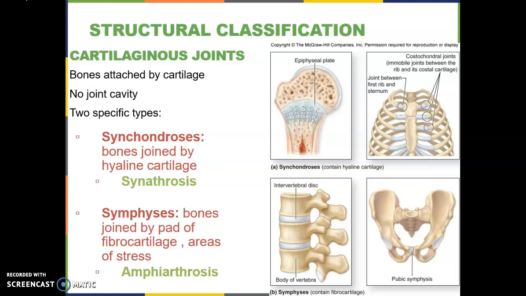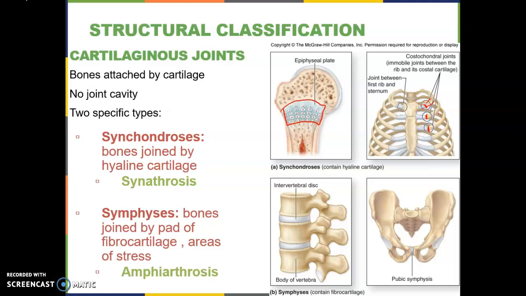Classic example is your growth plate or epiphyseal plate, as we see here. This is hyaline cartilage sandwiched between the diaphysis or the shaft and the epiphysis. So, classic example of synchondrosis. Then we have another example, costochondral joints, which are the joints between the ribs. So these are the ribs and these are the costal cartilages. So this joint right here,